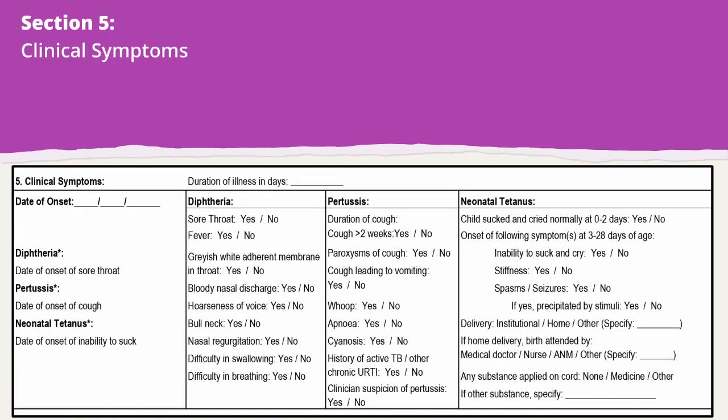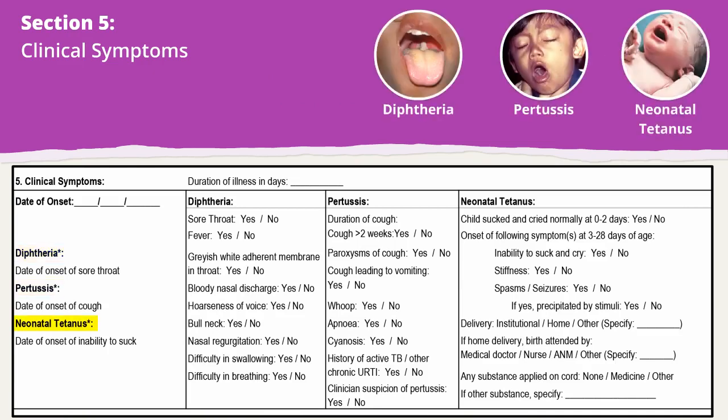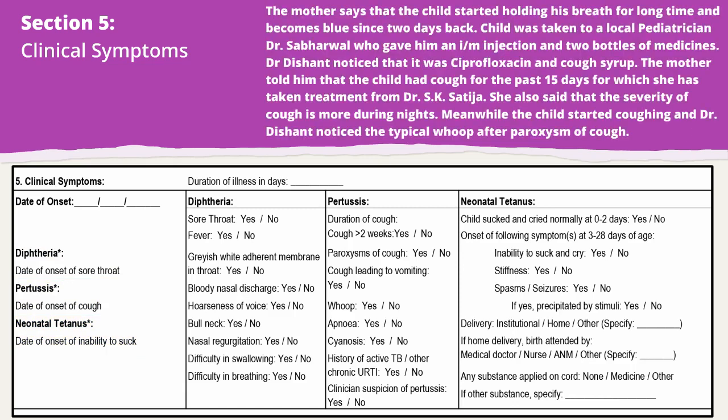Section 5 is on clinical symptoms for all 3 diseases, that is, diphtheria, pertussis, and neonatal tetanus. Note that the date of onset for diphtheria is sore throat, cough for pertussis, and inability to suck for neonatal tetanus. In this case, date of onset of cough is 28 March and duration of illness from onset of cough to notification is 18 days. Encircle yes for cough more than 2 weeks,